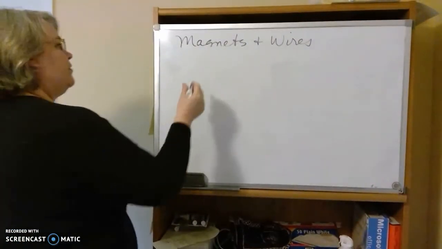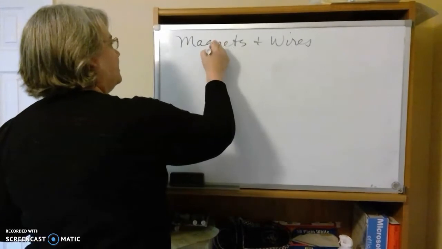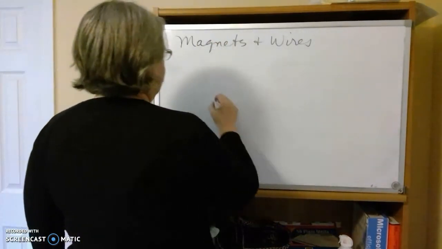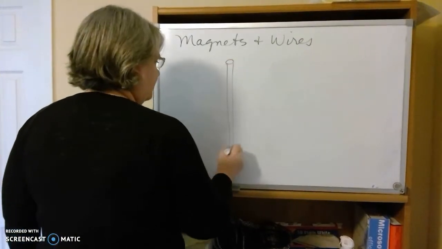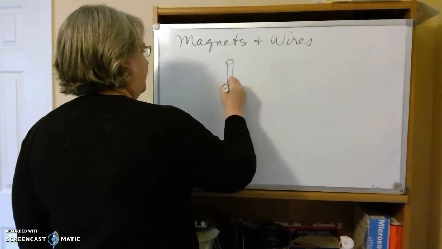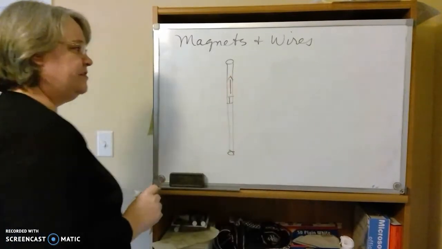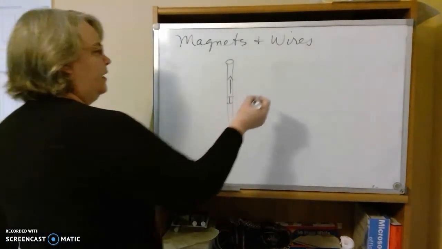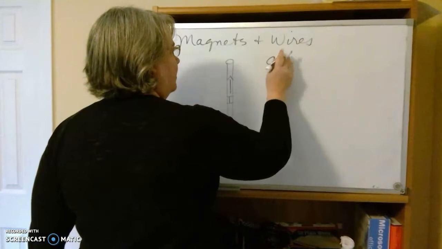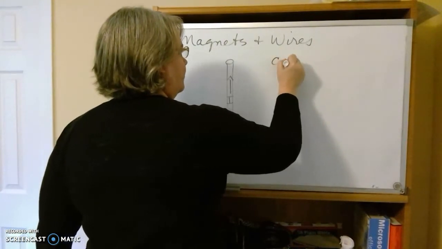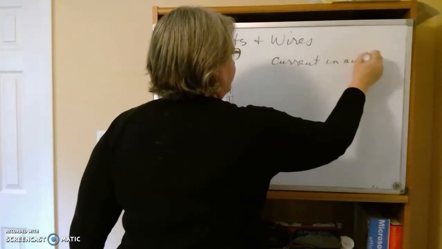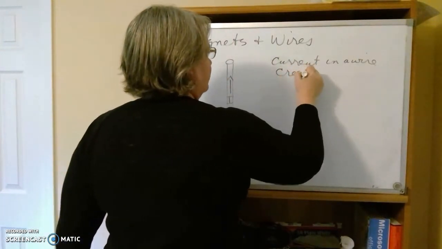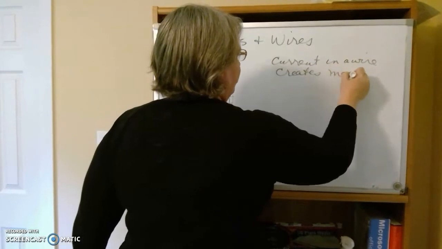So, the other thing we want to talk about with magnets and wires is if I have a wire with a current that is traveling in this direction, current in a wire creates a magnetic field